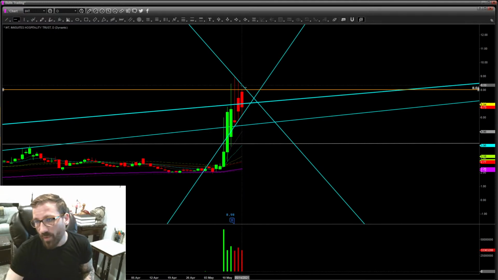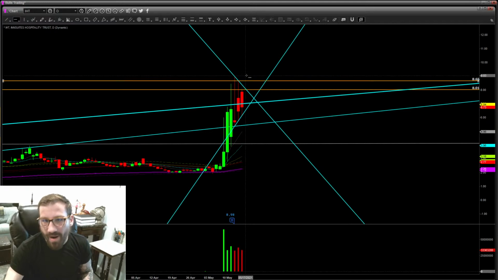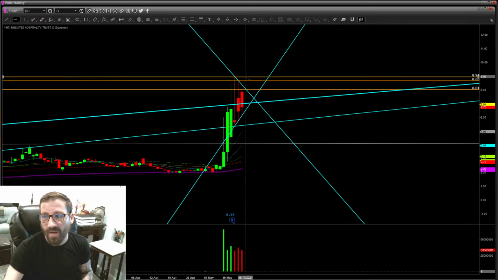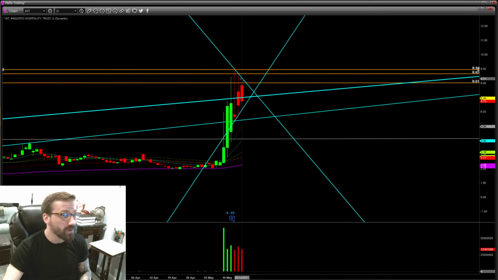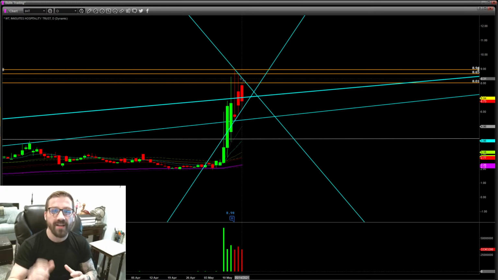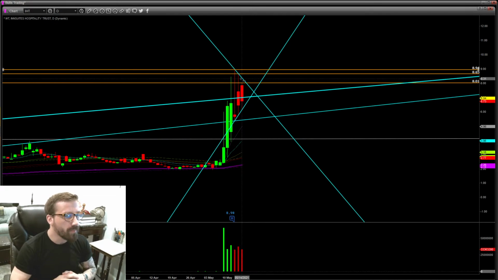So right above around 825-ish, you have to be mindful of 865. You're going to have to be mindful of 894. But let me tell you something. If this starts to break 825 and really starts to move strongly through 850, it wouldn't surprise me if this stock hits $10. And once it breaks 894 here, the next thing you're really going to have to worry about, obviously 950, but $10